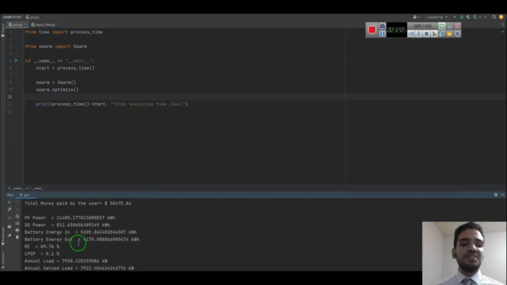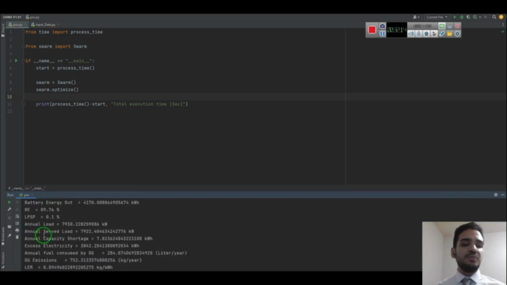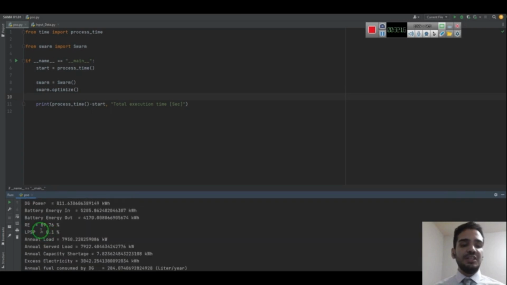And also you can see some technical outputs by SAMA like total PV power output, diesel generator output, battery energy, renewable energy fraction, which for the off-grid system would be around 90%, and maximum loss of power supply by the system, which is 0.1%, and other technical data.